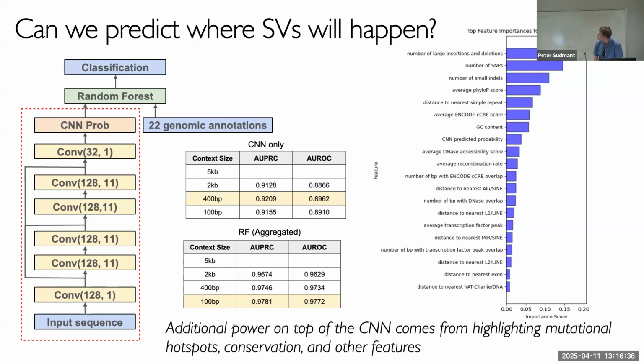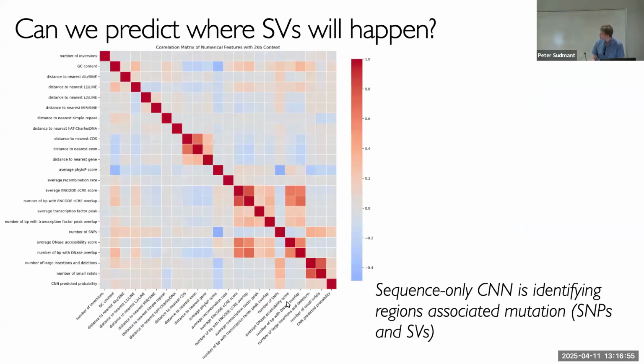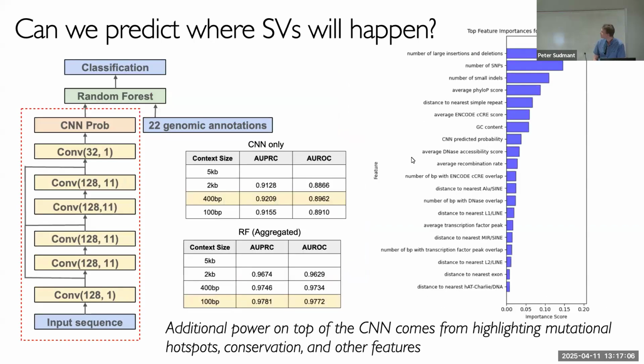But okay, here's the thing that's really crazy though. These things are weird and we don't know what they're doing, right? But one thing you can do, here's what I thought. When we built this model, I thought it would basically be predicting GC content or something. But it's not. This CNN is not correlated with GC content at all, or maybe a tiny little bit, right? On its own, it's sort of discovering all these things about the genome, about where structural variants are. And what we're doing now is exploring this model to try to figure out what's under the hood here.